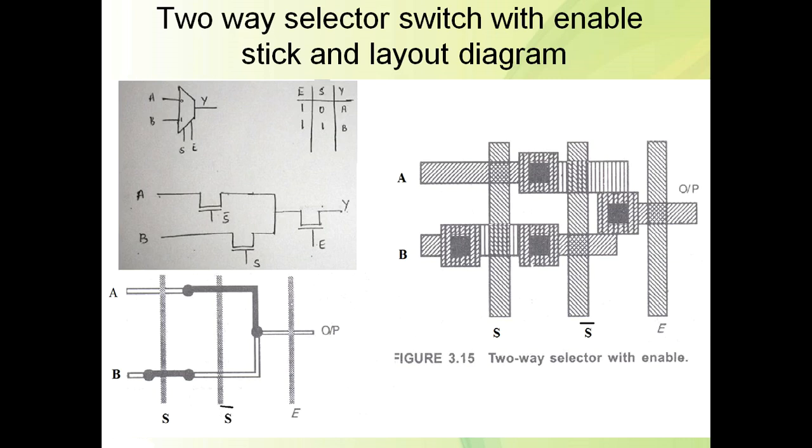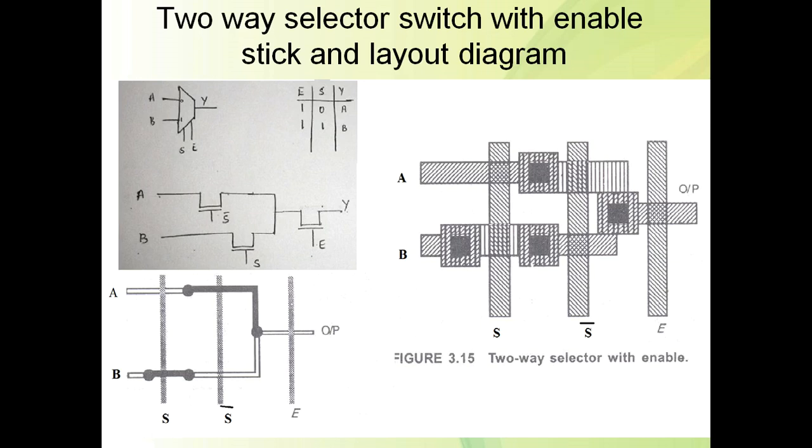And this is one more transistor that is formed, for enable. In this way, this is the stick diagram. There are 3 transistors we require: one for A input, another for B input, and this one for enable input. There is a connection between metal and diffusion. So this is a contact cut, this is a contact cut, this is a contact cut, this is a contact cut. Now, how to draw the layout diagram for this?